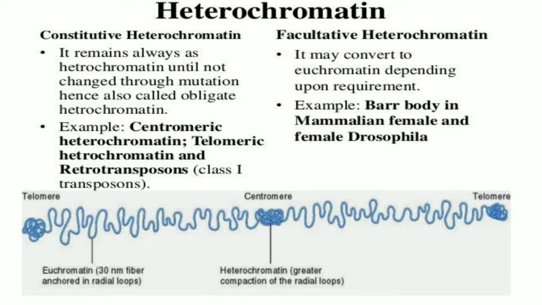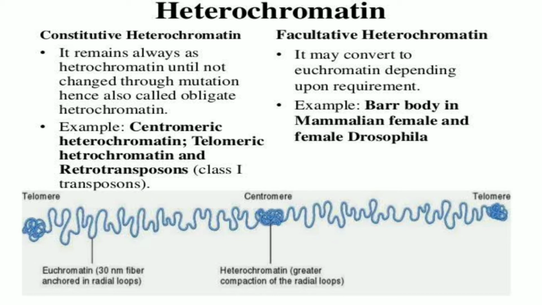Now, it is less sensitive to mutations and resistant to nuclease digestion. Here you can see in the figure, we have shown that heterochromatin again consists of two types depending upon its ability to function for transcription, and the two forms are constitutive heterochromatin and facultative heterochromatin. What these facultative and constitutive heterochromatin are, we shall be discussing.